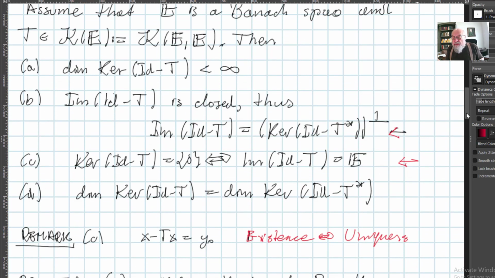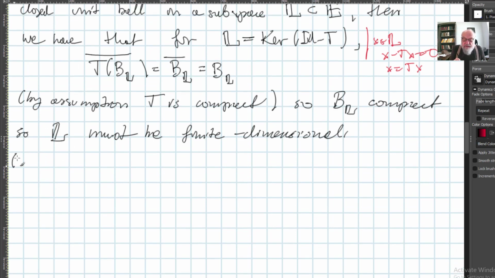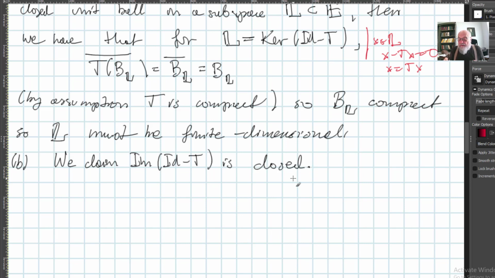So let's go to the point B, which means we need to prove that the image of identity minus T is closed. We begin with this formula. So notice that